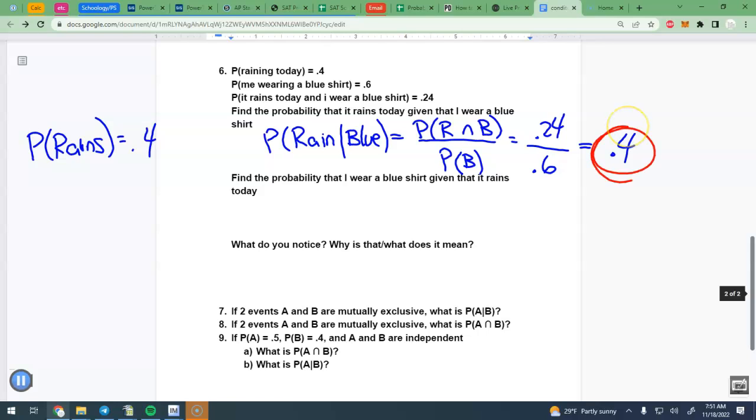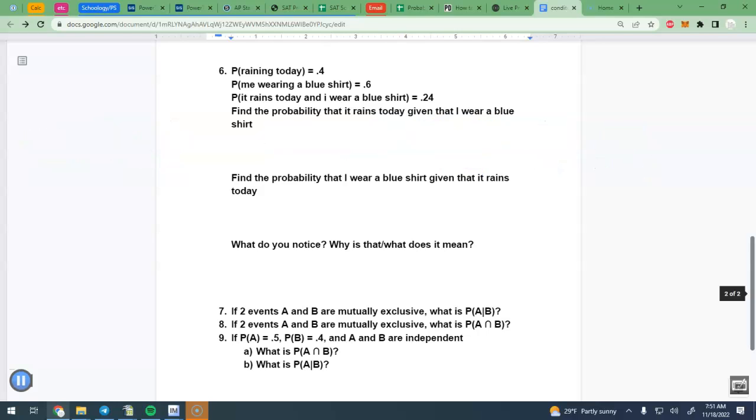And we know it has nothing to do with it because when I told you I wore a blue shirt, the chance of rain was 40%. When I didn't tell you I wore a blue shirt, the chance of rain was 40%. So was the blue shirt relevant in any way? No. So that's what independent is. One thing that has absolutely nothing to do with it. Okay. So we can do this the other way too. So find the probability of blue shirt